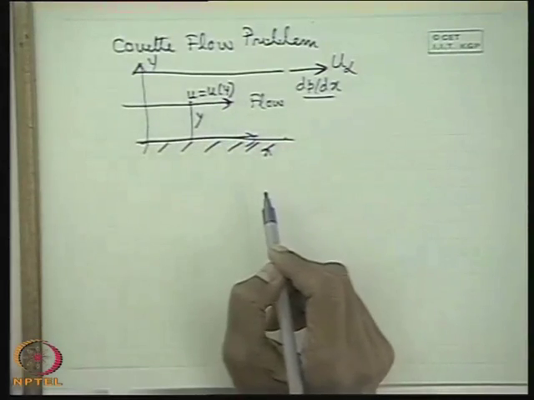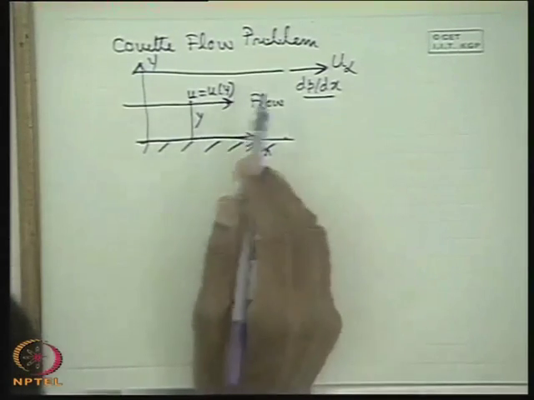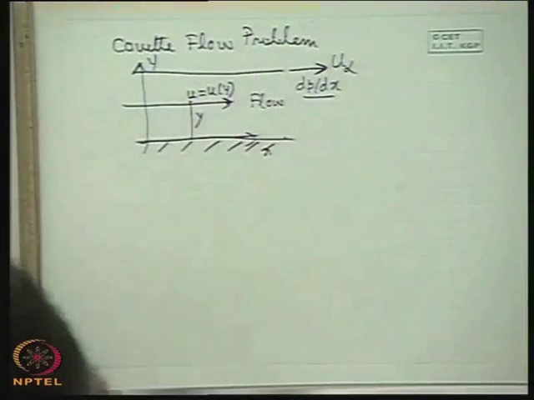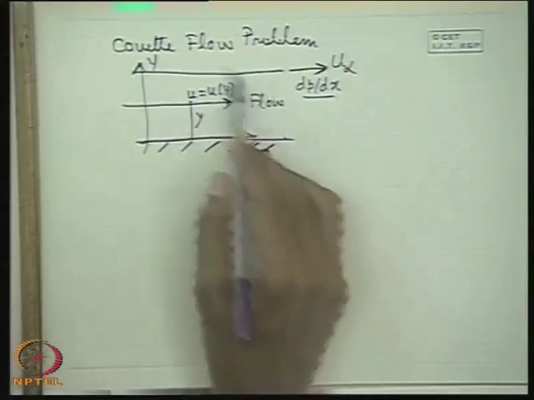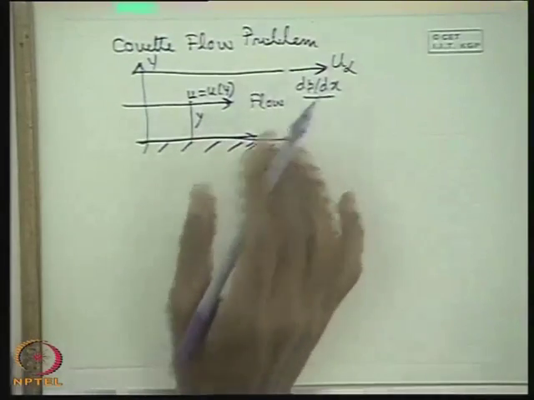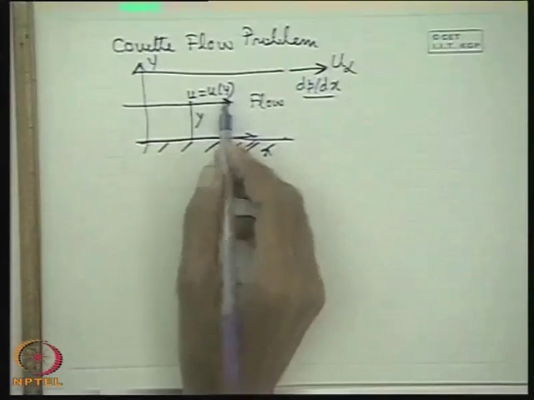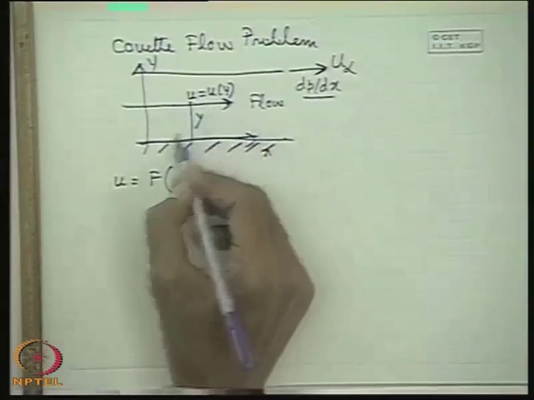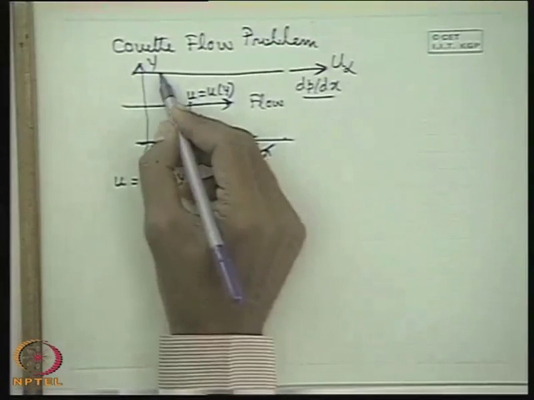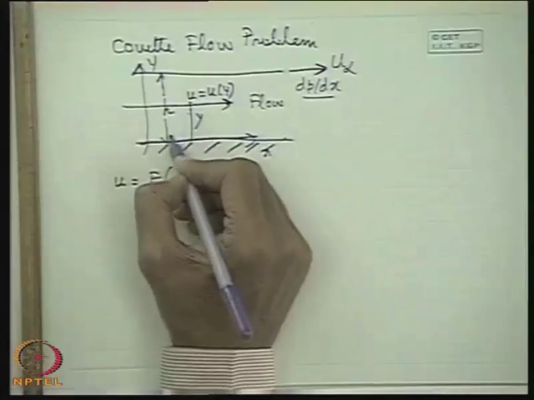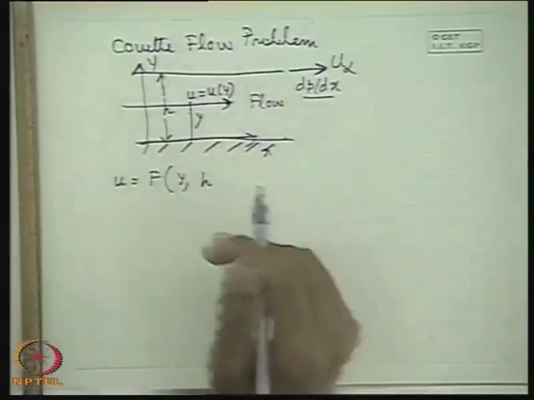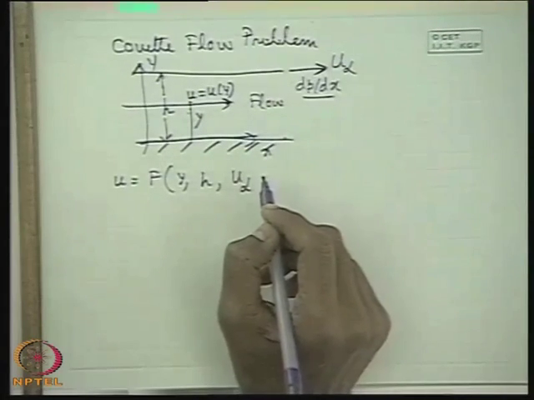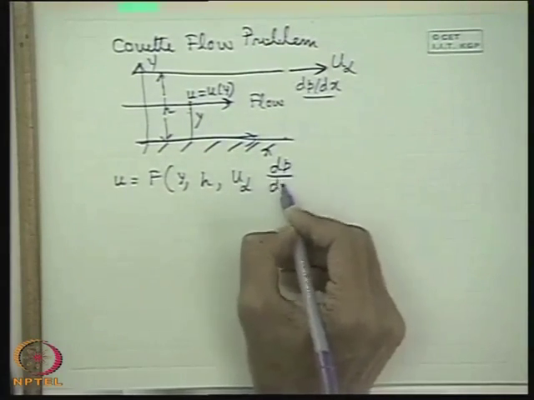This we found out from exact solution of Navier-Stokes equation, and we have seen how from the exact solution of Navier-Stokes equations we derive the expression in dimensionless form. Now let us apply the Buckingham's Pi-Theorem to obtain the same expression. How? You see that. Now here the problem is that u at any location is a function of the location itself, because u is a function of y. Another definition, I am sorry, that is the plate spacing is h. So it will be a function of the plate spacing h, it will be a function of u infinity, that is the velocity of this plate, it is a function of dp dx,